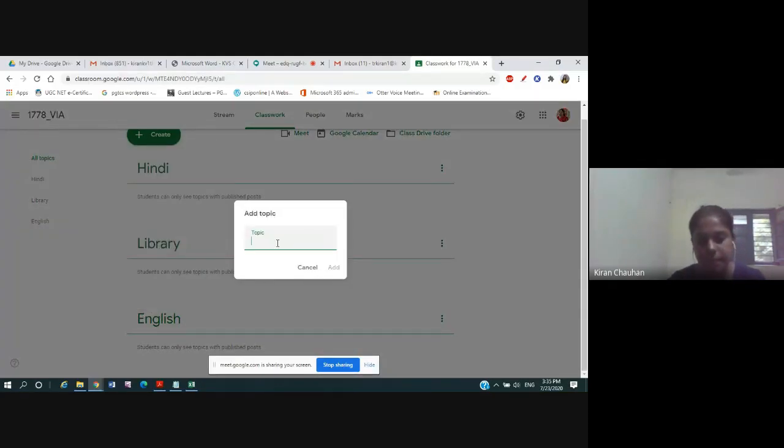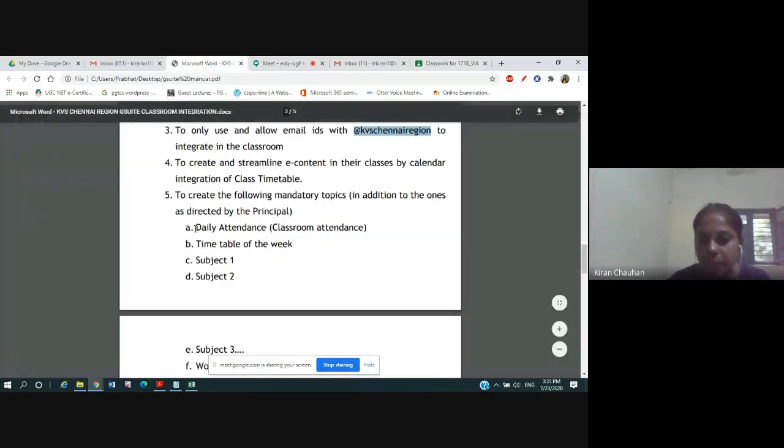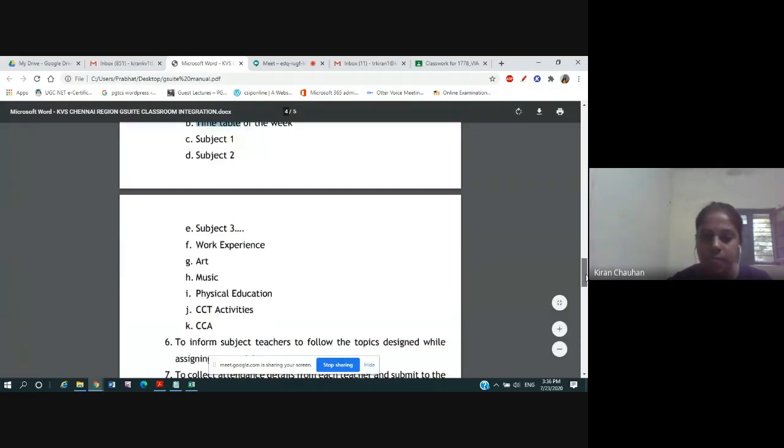Now from last week onwards we have one more topic called CCP. You can see here the topics which have to be added: daily attendance, timetable of the week. No need to send the timetable of the week, you send the timetable of the month. So the timetable of the month will be displayed in this topic. Subject 1, subject 2, subject 3, and all the subjects should be added like this.